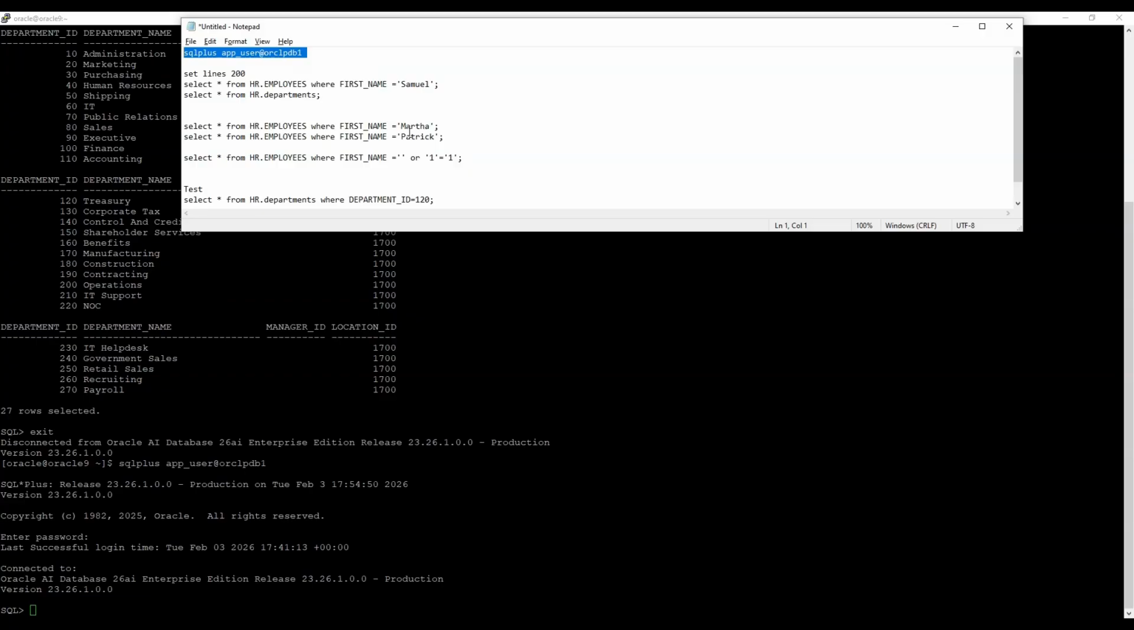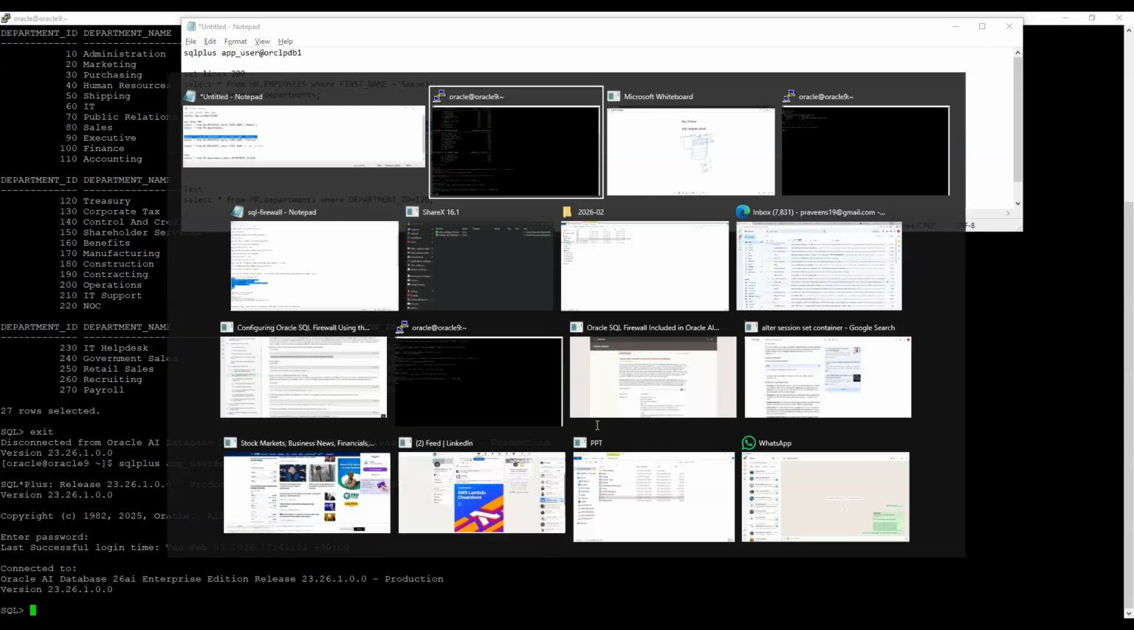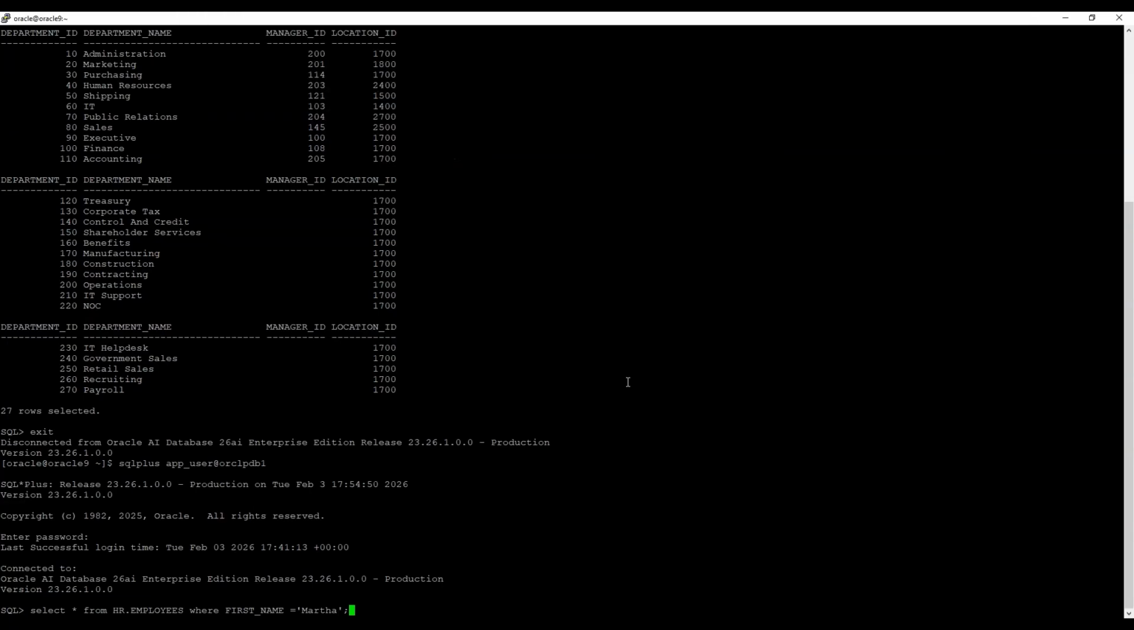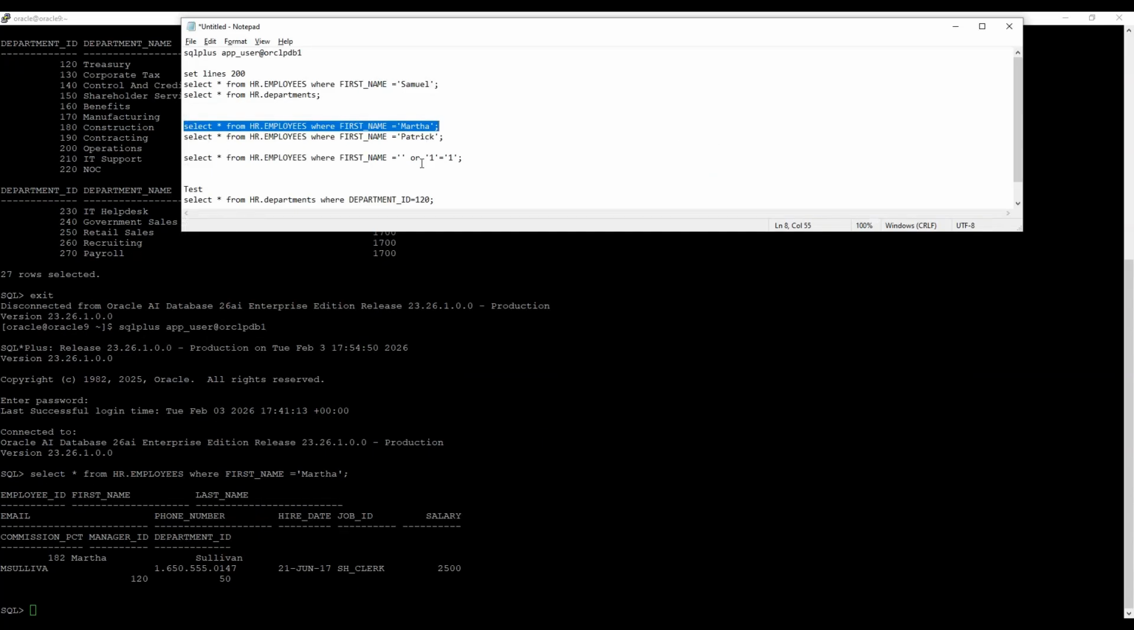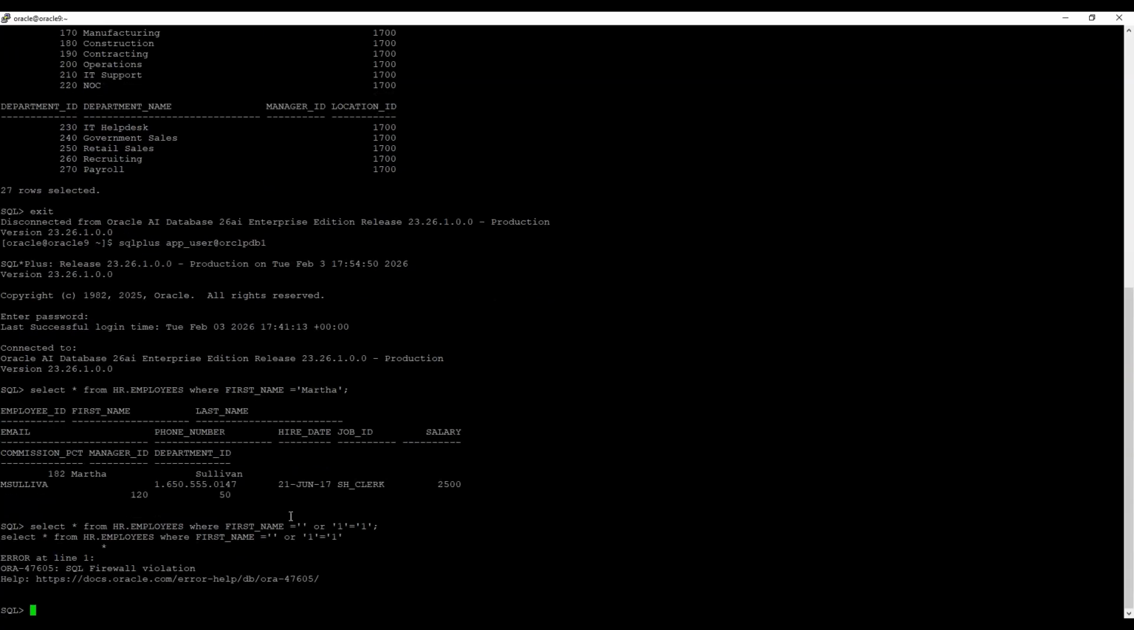I'll try to run some other query, select star from employees where first name is equal to Martha. He is able to execute it fine. Let's try to run this query. You see that now